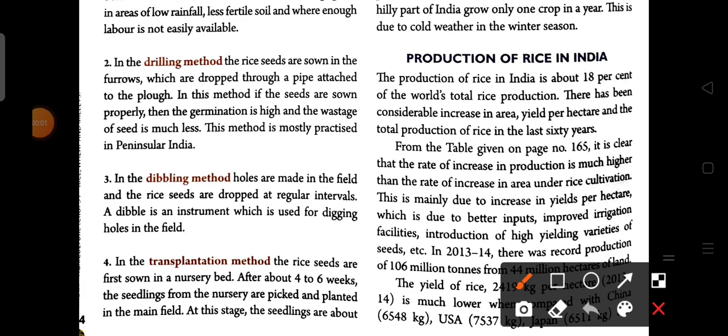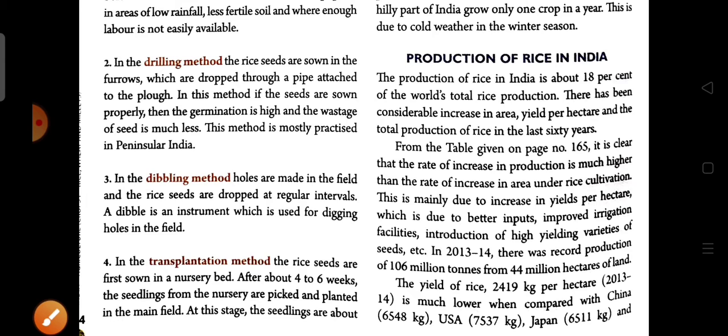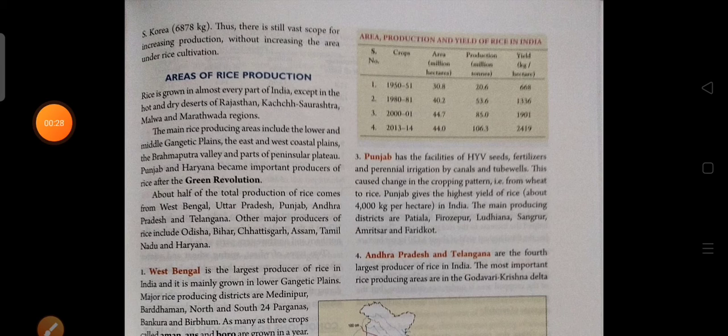Now we have to know about the production of rice in India. The production of rice in India is about 18% of the world total rice production. There has been a considerable increase in the area per hectare and the total production of rice in the last 60 years. In this table, we can see that in 1950 to 51, the total production is 668 kg per hectare. From then to 2013 to 14, the production increased up to